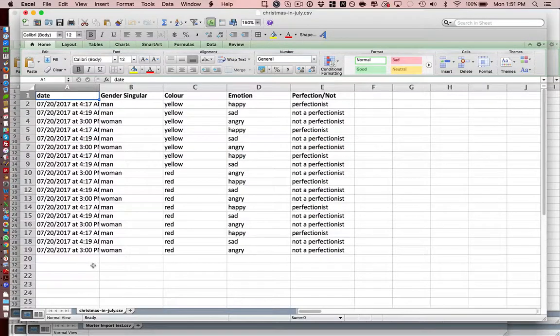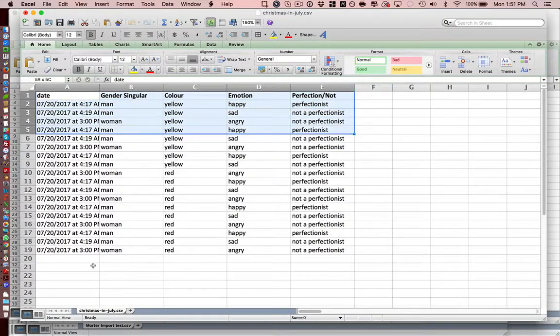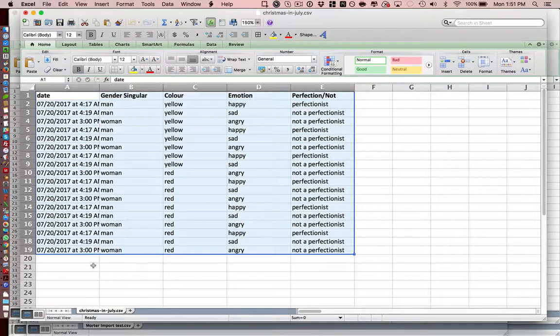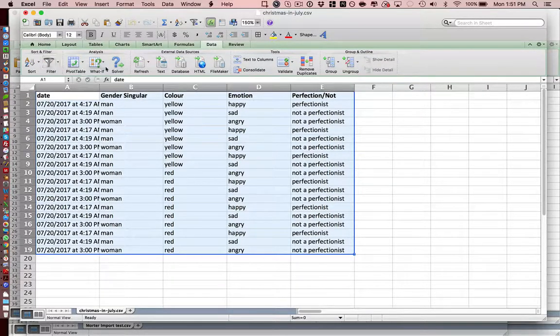Hi everyone, in this video we're going to be looking at doing the same sort of analysis but using pivot tables. This is my preferred way of analyzing data because it allows for quite a lot of flexibility really fast. So let's go ahead. First thing you do is highlight all your data and then you click the data tab